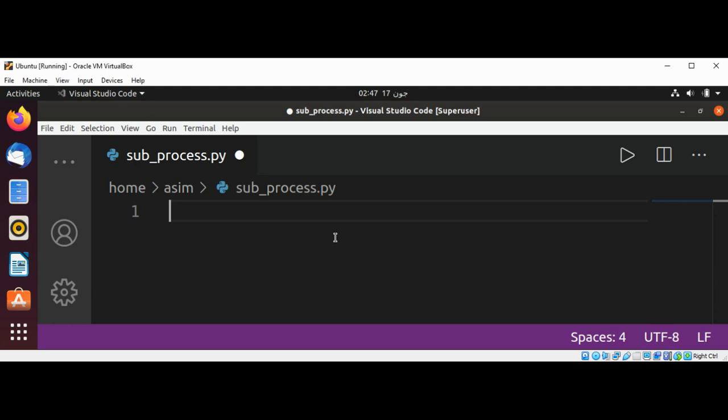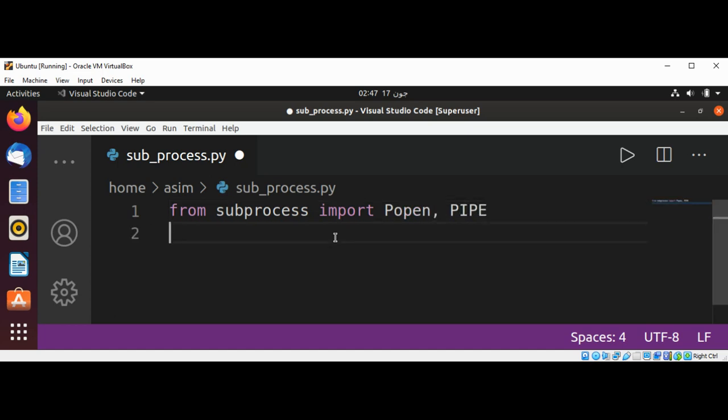So we are going to import from subprocess import Popen and PIPE, and we get the process back. I will name it p and use subprocess.Popen and open the process,